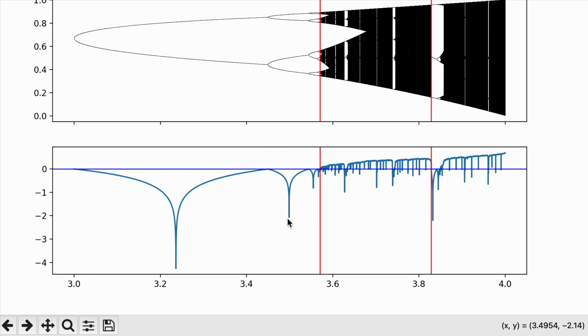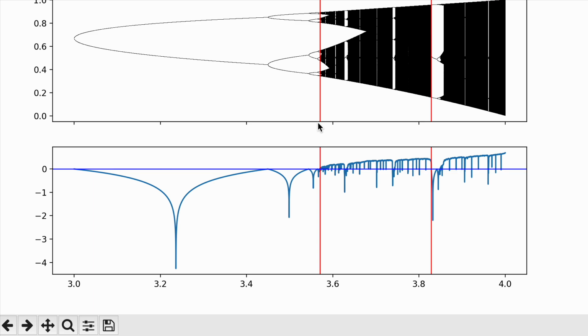Now whenever it goes here, the first time it goes positive, there I draw a red line, and this red line is r infinity, where by the period doubling route, the infinite periodic orbit appears, then it loses stability. So that is indicated with the red line, and you see from the red line in the orbit diagram a dense picture started, and here also after the red line, the Lyapunov exponent starts to become positive,